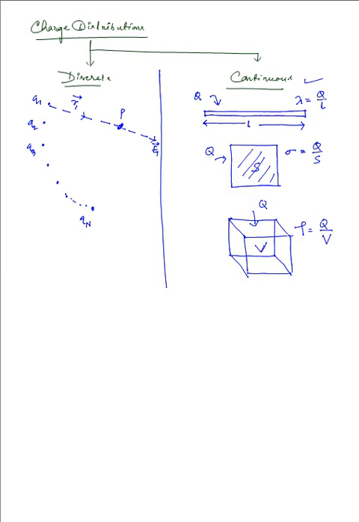With respect to Q2, the point P lies at a position R2, and as a result the electric field directed along that line is E2. Similarly for Q3, to make the figure look prominent, we will avoid the charges in between, and I'll jump right over to Qn. From Qn, again the position, let us say, is Rn, and along that line is the electric field intensity that is observed,